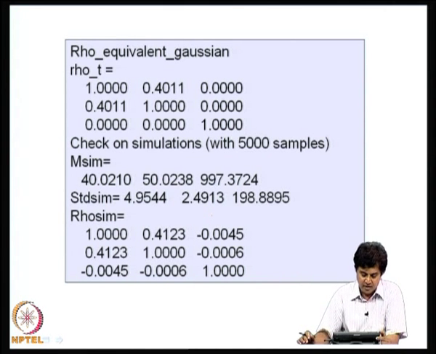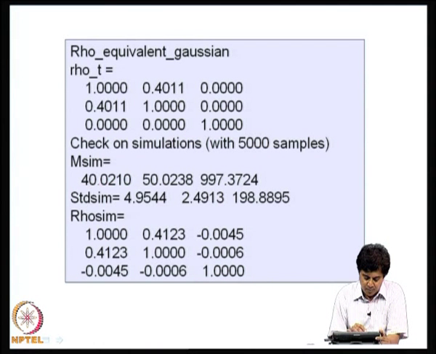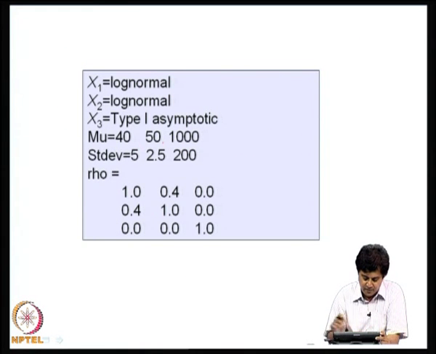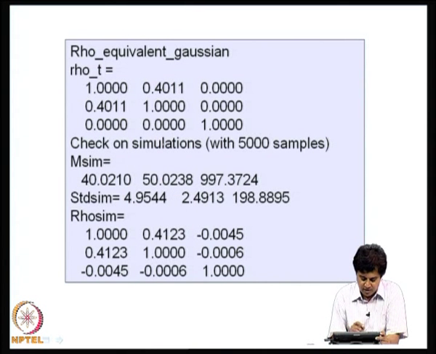these calculations again. So, this is the equivalent correlation coefficient matrix for the Gaussian random numbers, this is the rho star. Now, we do checks. The mean that we got with 5000 samples is 40.02, 50.02 and 997, and this should be compared with 40, 50 and 1000. So, this is 40 point something, 50 point something, 997 point something. Similarly, standard deviation 4.95, 2.49, 198, and so on. And this is simulated